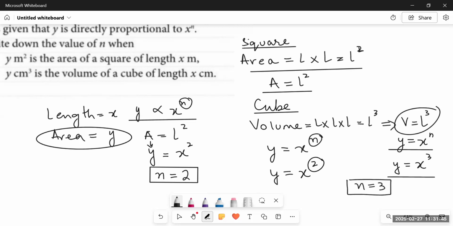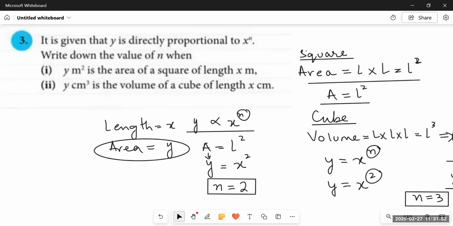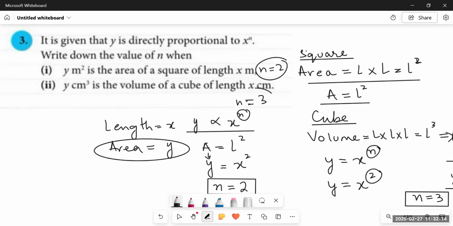It's very simple. Just the confusion is that they have supposed the values in different forms. Earlier, they have provided us y is directly proportional to x^n, and then they are providing us with the formulas. So all we need to do is substitute the formulas into the given values, and then see what n stands for in both the formulas. So for the first one, n is equal to 2, and for the second one, n is equal to 3. That's it. That's just the power they were asking us related to these formulas.